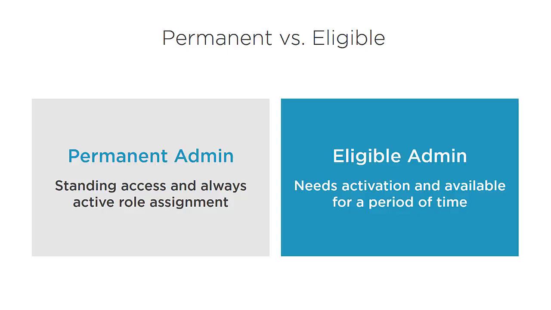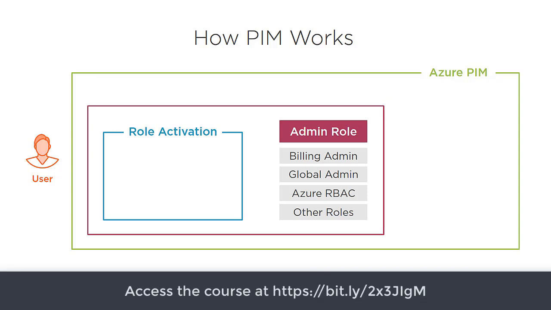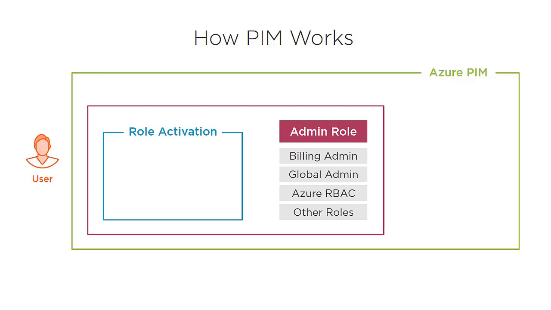Let me show you how PIM really works. Let us say that Bob is trying to manage his company's Azure Active Directory and he should be assigned the global admin role. And instead of making him a permanent global admin in his tenant, you can make him eligible for that role. In normal conditions, he might not need to activate that role, but when he really needs to access the Azure portal, for example, and do some admin tasks that requires global admin role, he goes through a